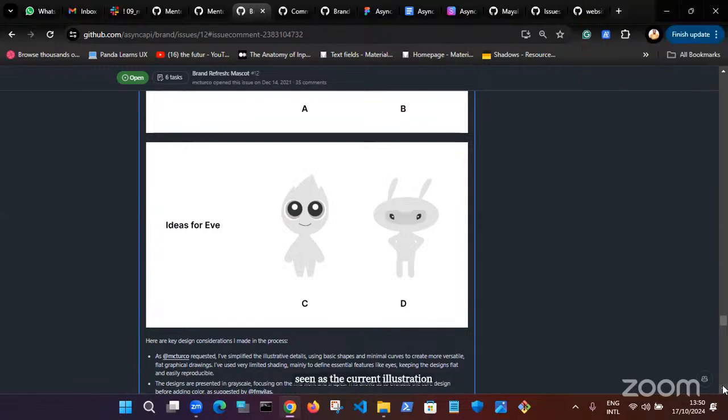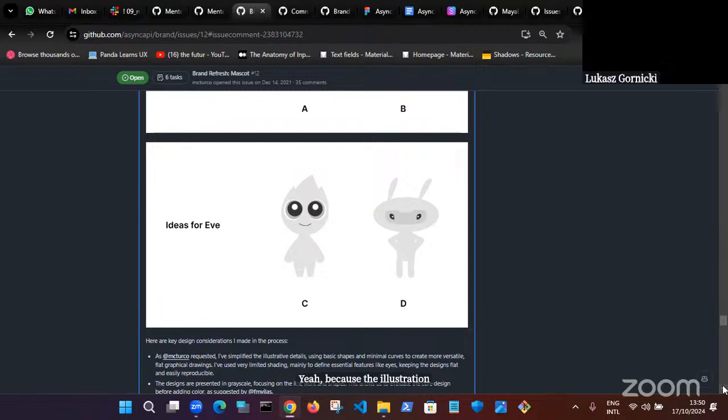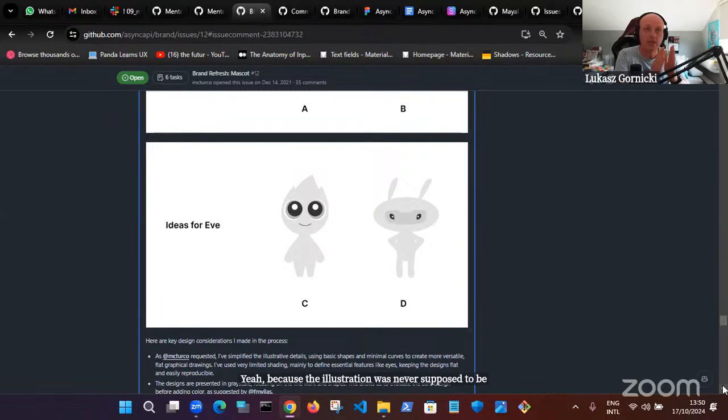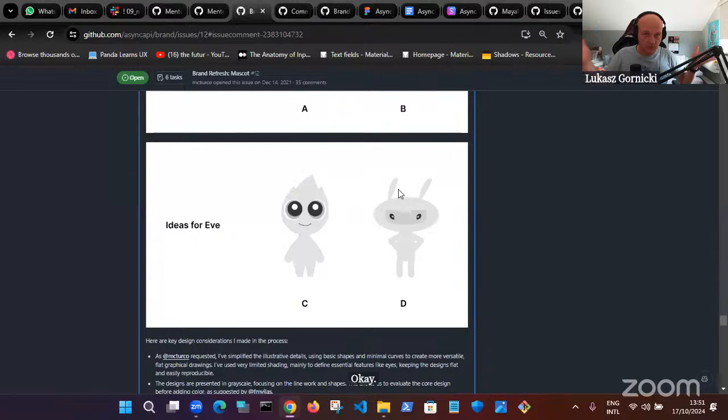Yeah, because the illustration was never supposed to be a mascot. It was just to show the envelopes, to visualize events communication, because that's usually how people explain events: a stream of messages, of emails, for example. So the illustration was rather to relate what AsyncAPI is about.